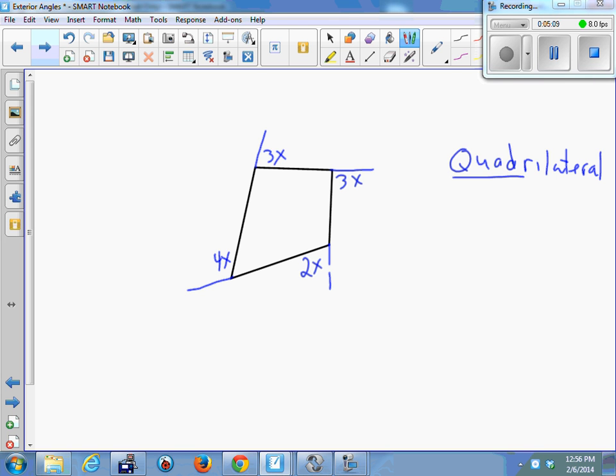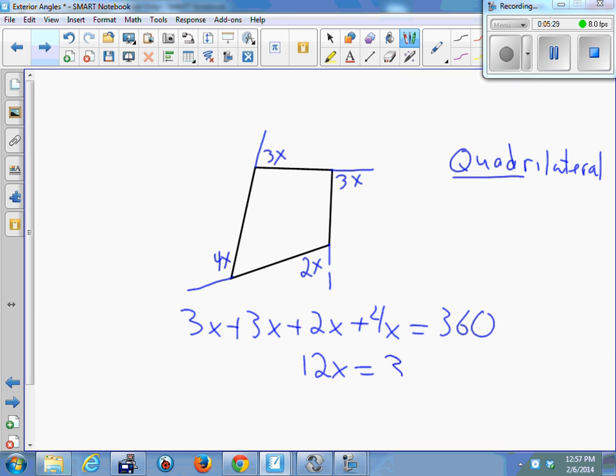All they want you to do with those exterior angles is add them all up to 360. So we have 3x plus 3x plus 2x plus 4x equals 360. If you add them up, 12x equals 360. Divide by 12. X equals 30. That's the kind of problems we're going to deal with in class and on your worksheet. If you have any questions, please bring them to